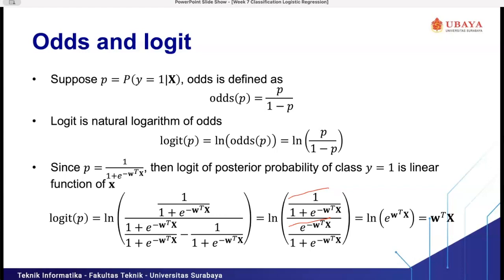If we compare the natural logarithm with the regular logarithm, the natural logarithm is the logarithm based on e, or Euler's number. So the output will be W transpose X, and you can remove the e values here.